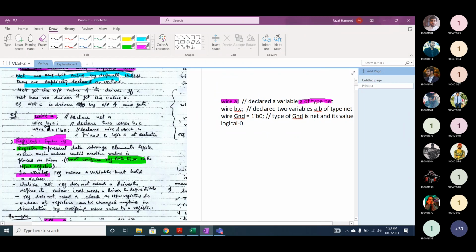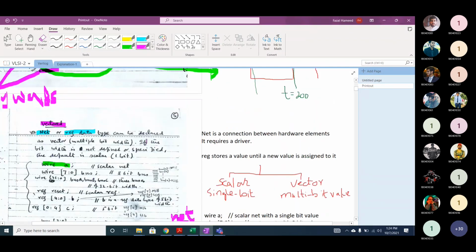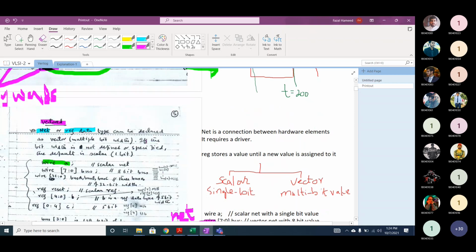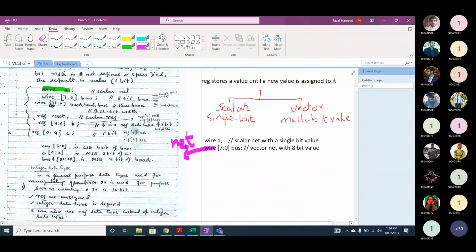If you want to explicitly declare a net, you will use the keyword wire. Whenever we use the keyword wire, it means that we are instantiating an object of type net, and that object can be a single bit value, that is a scalar net, or a multi-bit value, that is a vector net. Did you understand the point or not?